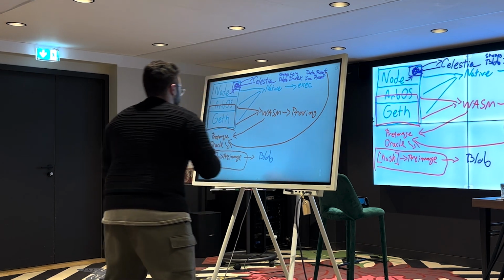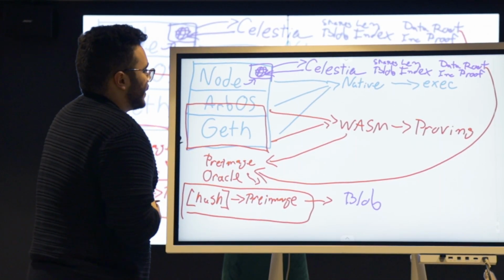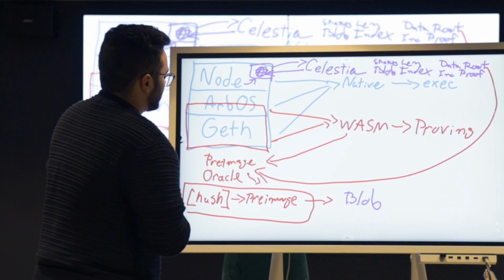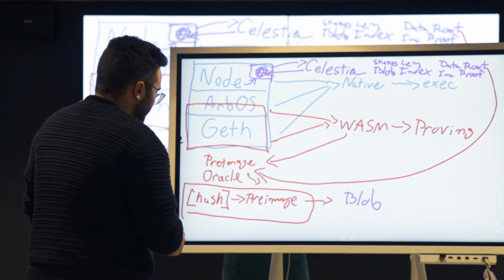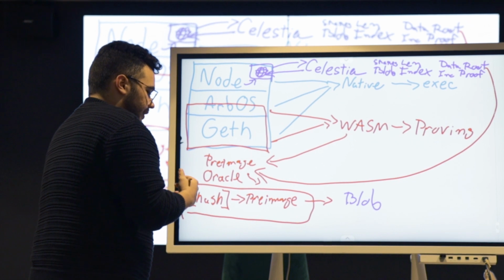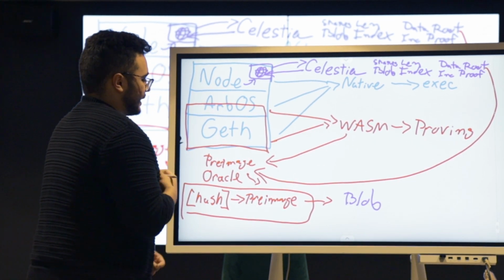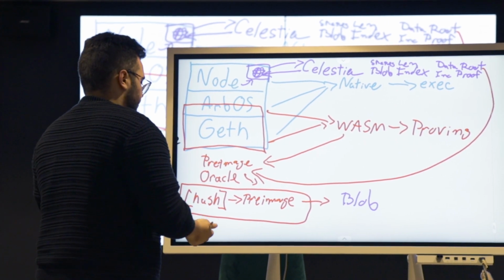And that's basically how we're able to have fraud-proof support for Nitro. There's way more details that I could go into. It does get a little bit more complicated. That's the core idea. You have this new pre-image oracle, right? Like there's an Ethereum pre-image oracle, an AnyTrust pre-image oracle, and now there will be a Celestia pre-image oracle that